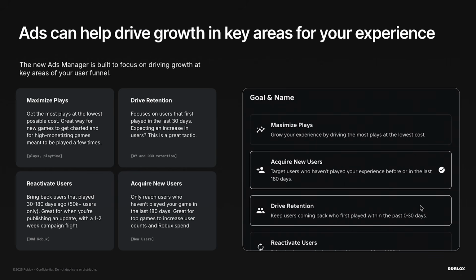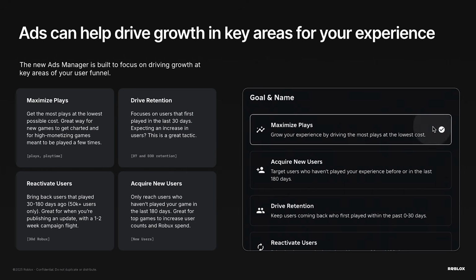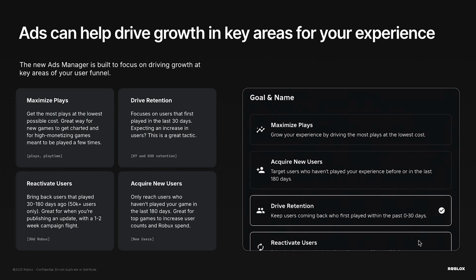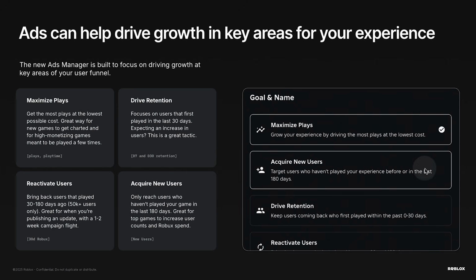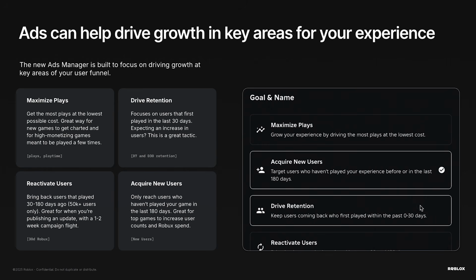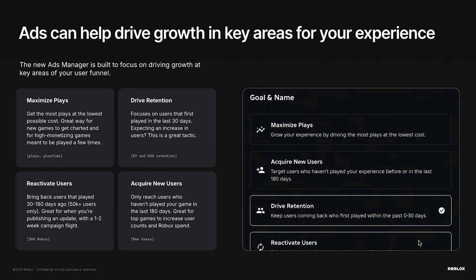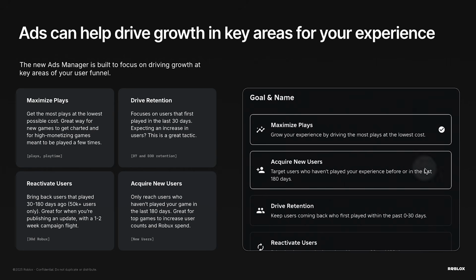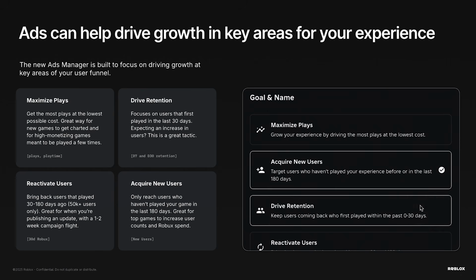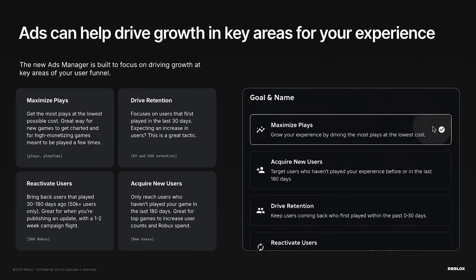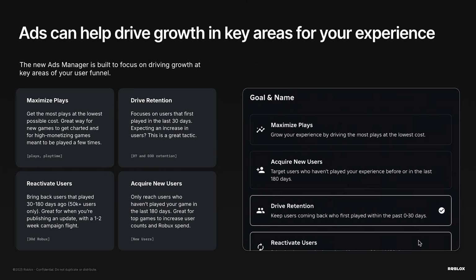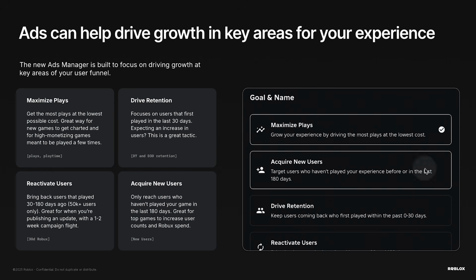Okay, so now let's zoom back a little bit. I have a game on Roblox, as I mentioned, that gets 5,000 or so new users per day. And 6 months ago, when I wanted to run ads from my own experience, I only had one option. It was to drive visits. So I didn't really have much control, didn't have much targeting. I couldn't run ads for any particular goal, just visits. So 6 months ago, I would try to promote my game because I was getting 5,000 new users per day. I wanted more. So I'd go into ads, click visits, and then my ads would show up on the homepage to drive traffic to my experience. But again, I lacked a bit of control.